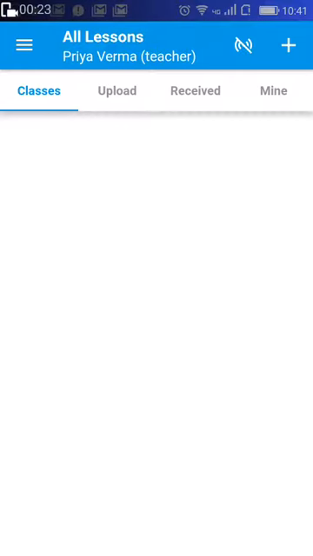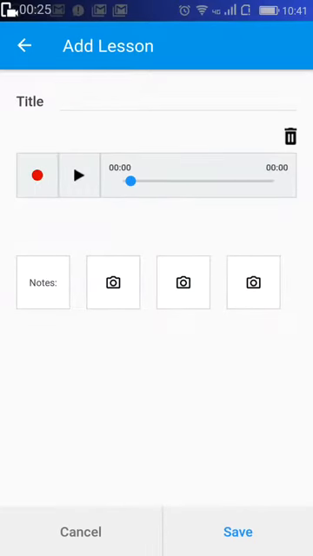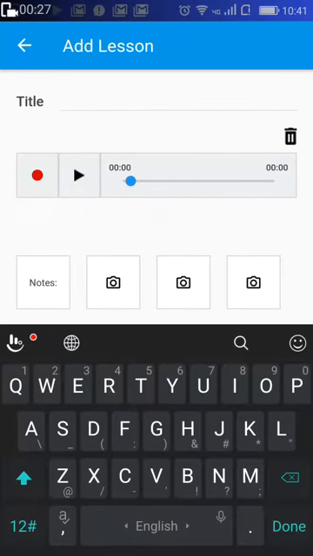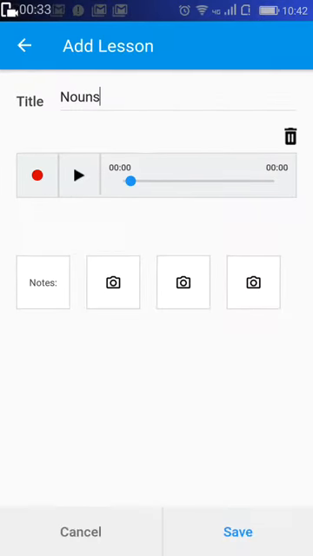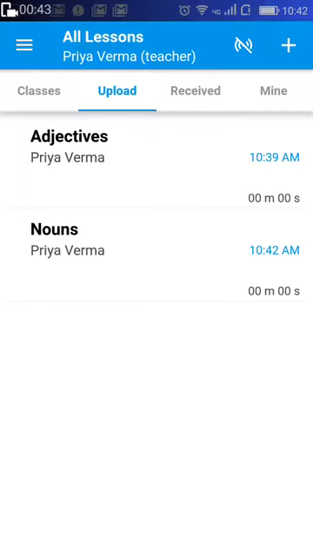To create lessons in offline mode, tap on plus. It is very similar to the online creation process. You provide a title, you put notes, you put pictures, you do your audio recording, whatever you want to do. But there is no lesson location information. There is no chapter information for offline lessons. And when you save this, this is only saving on your phone. It is not putting it into your LessonPort account.